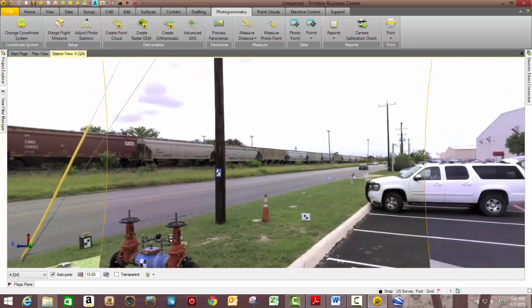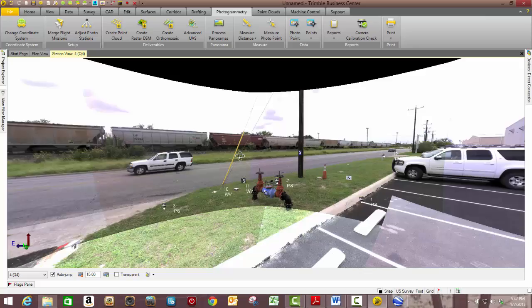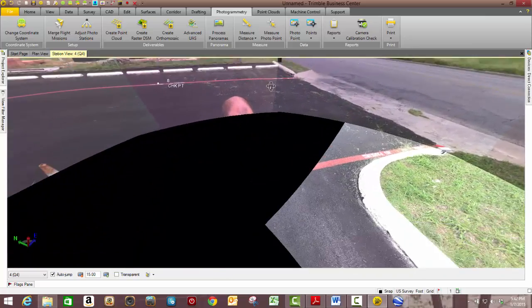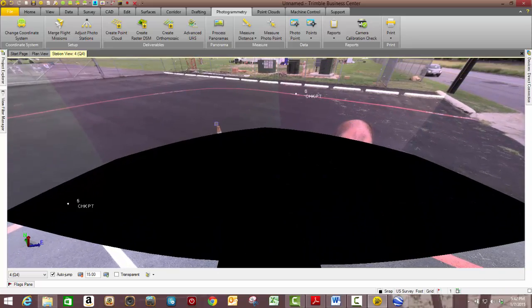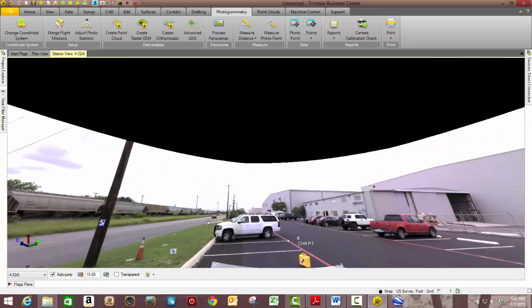So now it's as if we're standing on station 4, and you can see what's around you in a 360-degree view. You can notice here there is a dead spot. This is where the 2 cameras are not mounted. You can see my head here looking really good, and get an idea of what you're looking at